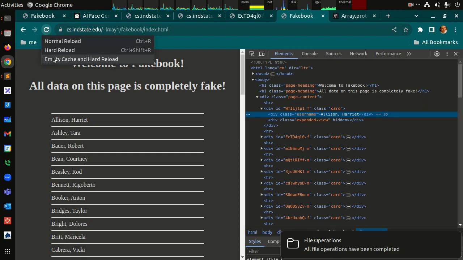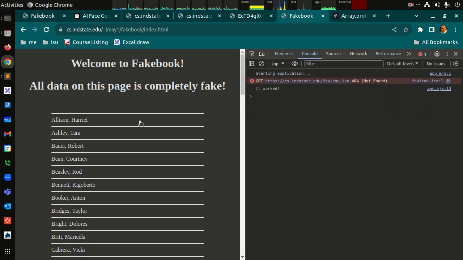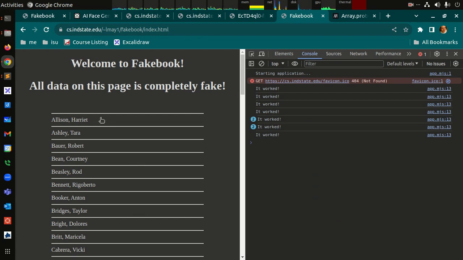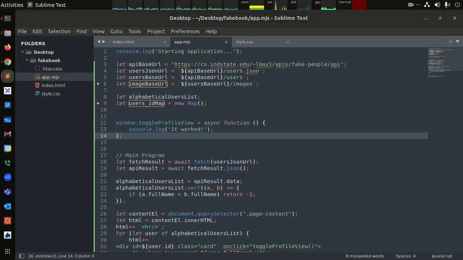Reload the page. And then console, it worked. So I can click on these and then it worked. All right. Now it's important that I am able to access the right element though. Okay, so what I want to do is get the target element. So I can say